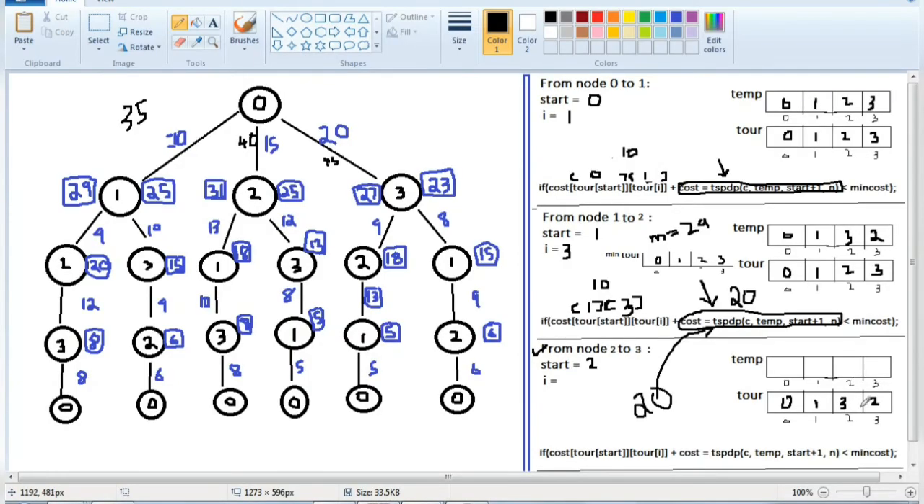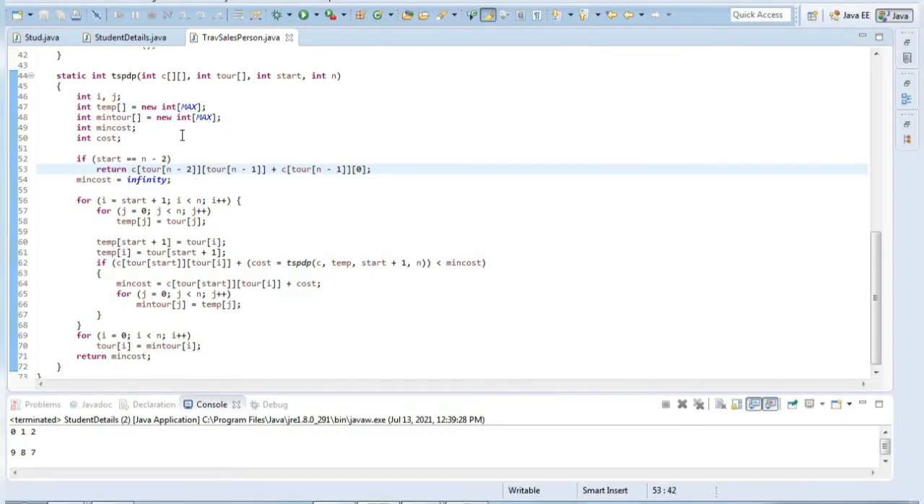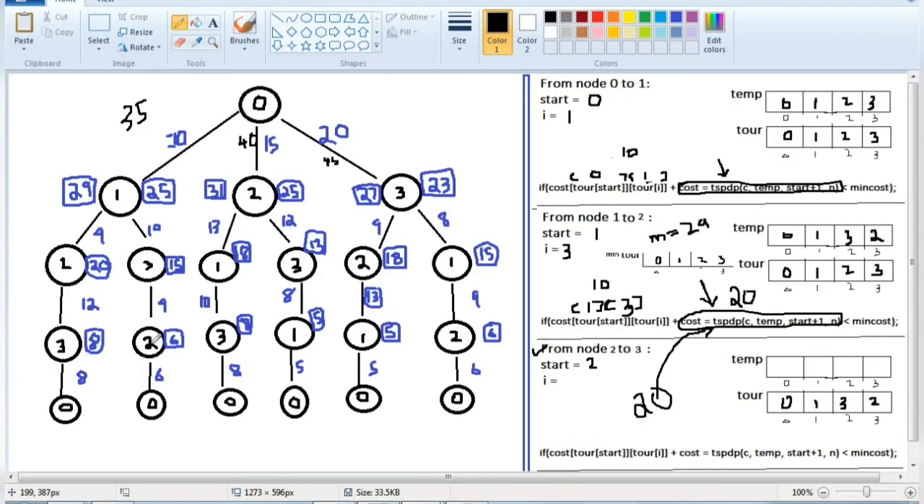Now we will need this value here: tour of n minus 2 and tour of n minus 1. What are n minus 2 and n minus 1? N minus 2 is 3 and n minus 1 is 2. So 3 and 2 will be passed. Here 3 and 2 means C of 3 to 2. C of 3 to 2 we are calculating as 9. So here what will be returned is 9